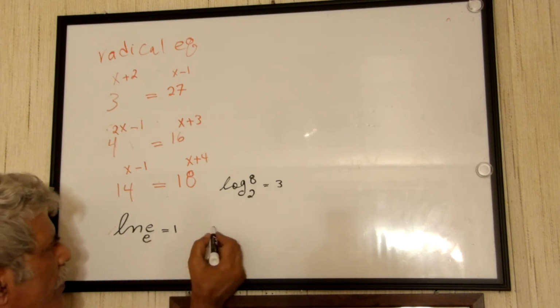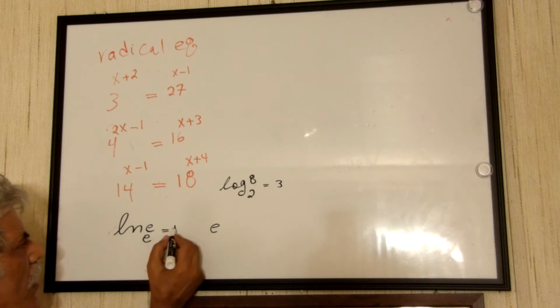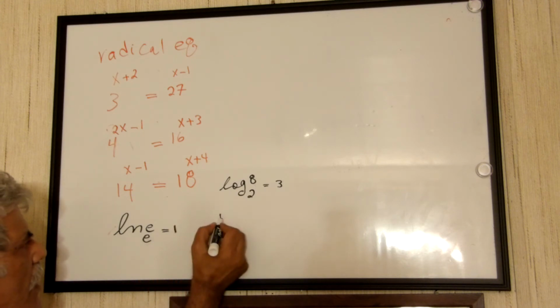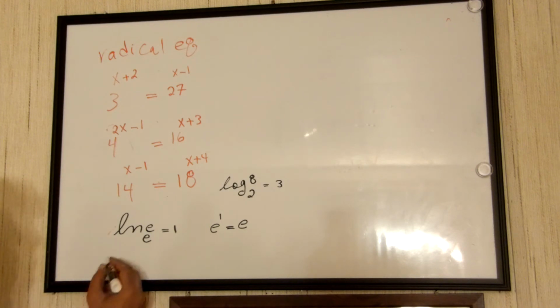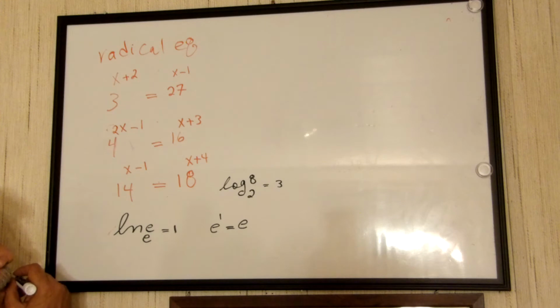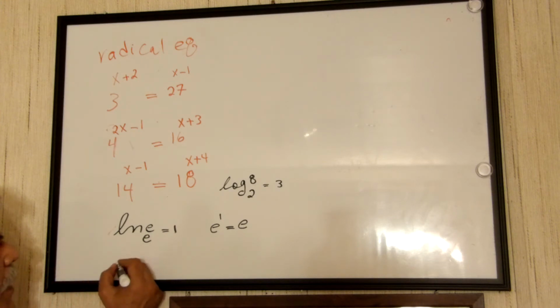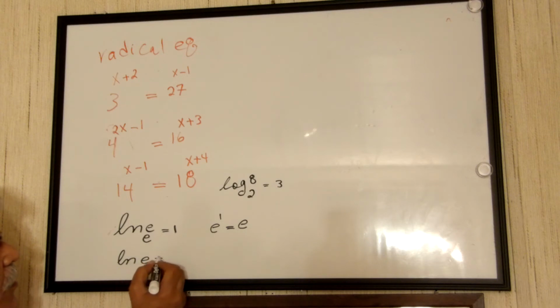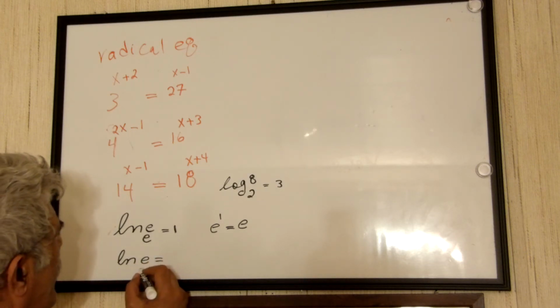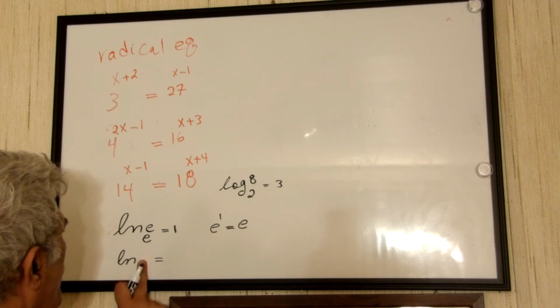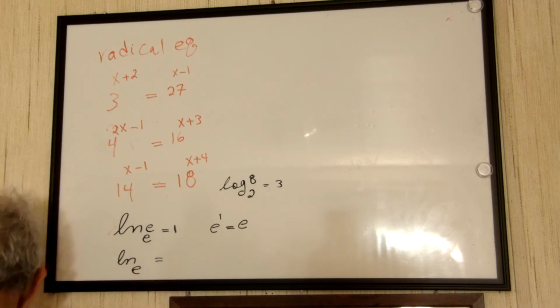Because if we raise this base to the power of 1, it is equal to e. So natural log of e is equal to, let's see, natural log of e. For example, let's solve the